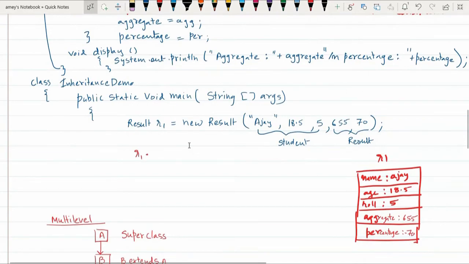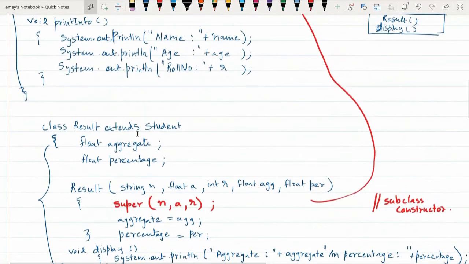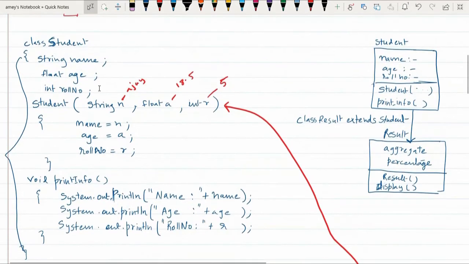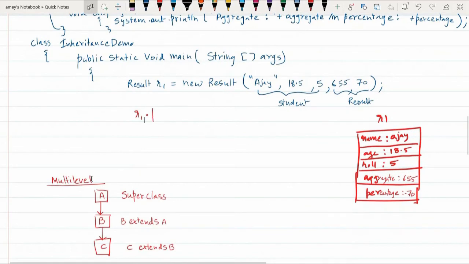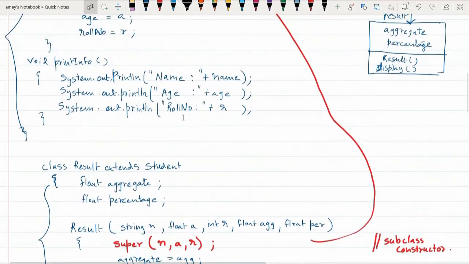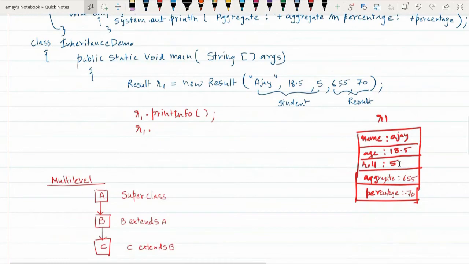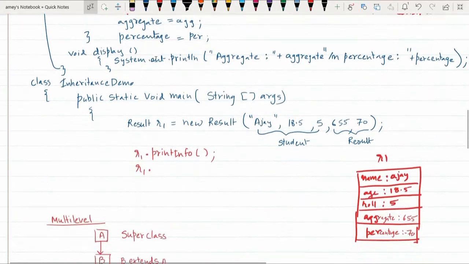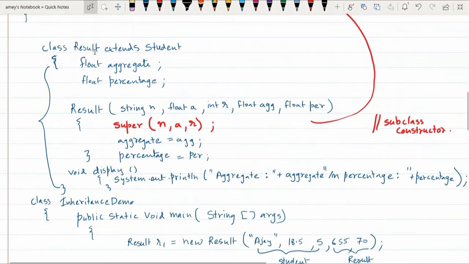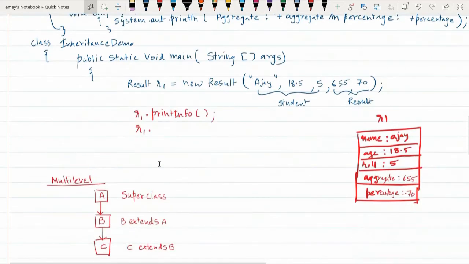R1 is then going to call the function. Basically, you are going to print now. So, R1 is going to call the print info function of the student class. Since R1 is inheriting the student class, it will treat print info as its own function. So, R1 can just use the dot operator and call the print info function as if it is its own function. And then R1 is going to print basically what? The name, age and roll number. So, it is going to print name as Ajay, age is 18.5, roll number is 5, and then there is also another function that we have written in the result class, that is the display function, which is going to print aggregate and percentage. So, R1 can also call the display function,